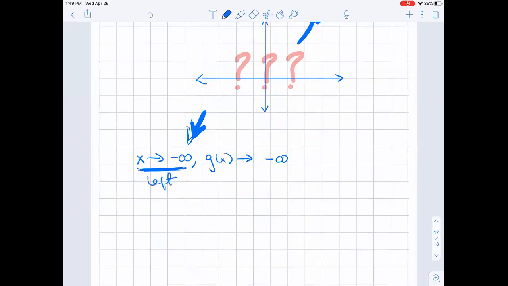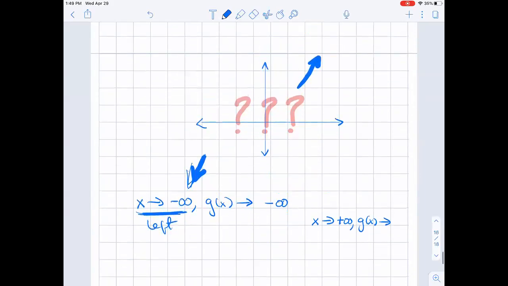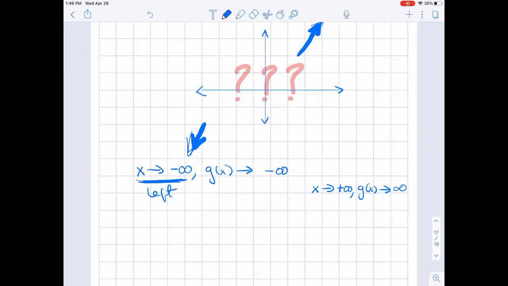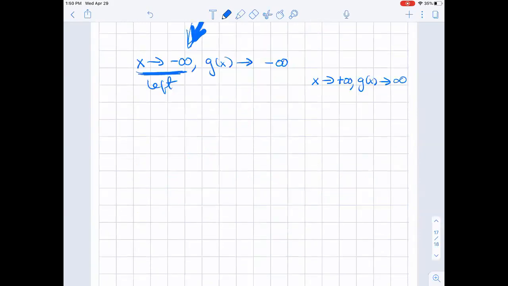And now let's do the right side. As x approaches positive infinity, where is g of x going? Same way. Positive infinity. Right, this is going towards the positive infinity side. Questions? No. So remember,